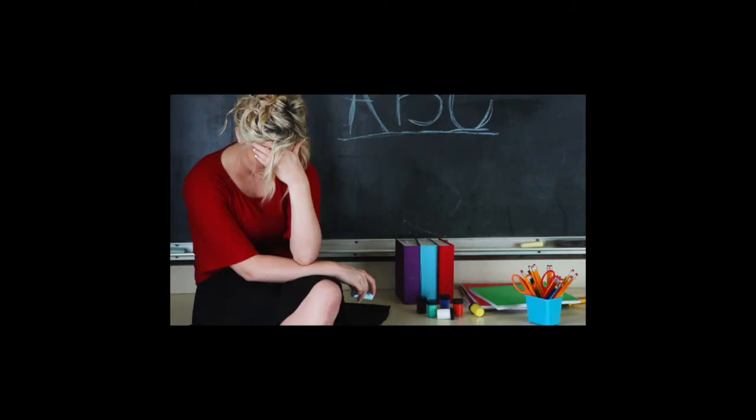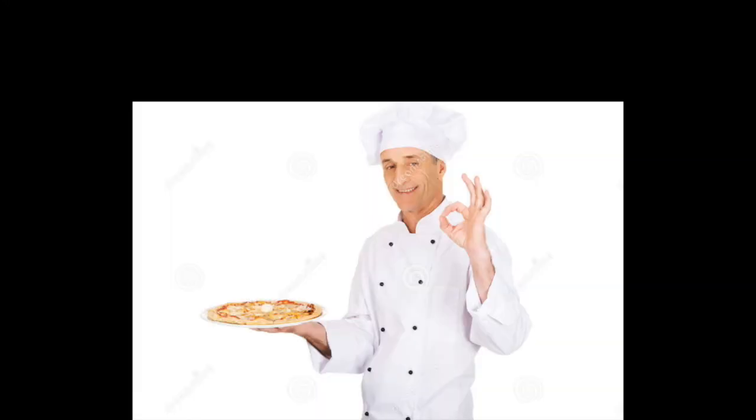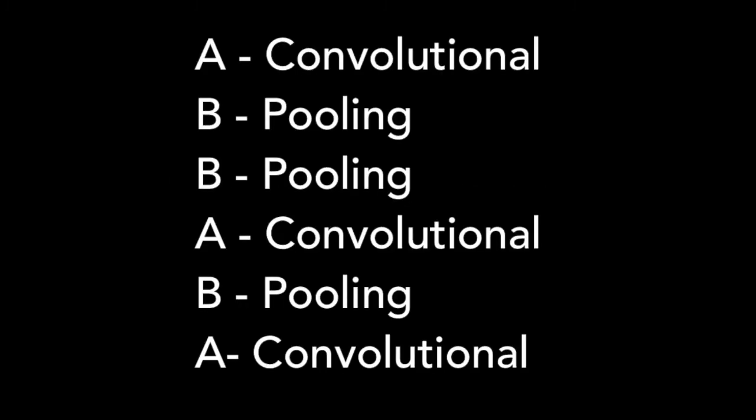We will be guessing a 6-question long exam. A, B, B, B. This was horrible. No teacher ever would put this on an exam. We have to be more ingenious. A, B, B, A. This is a bit better, but let's add more randomness. A, B, B, A. Well, this is just beautiful. The last, ultimate step is to make every A a convolutional layer, and every B a pooling layer. Good. Now we have a deep learning convolutional network.